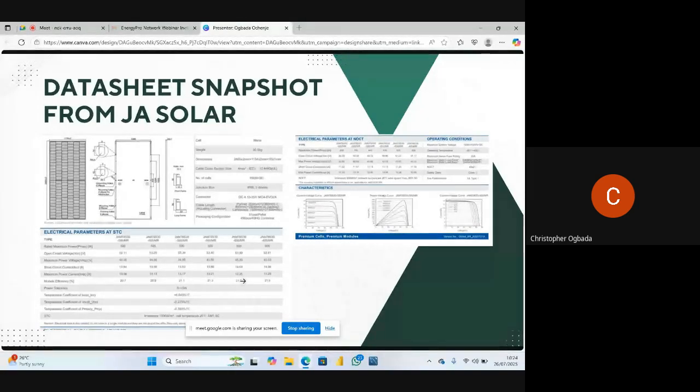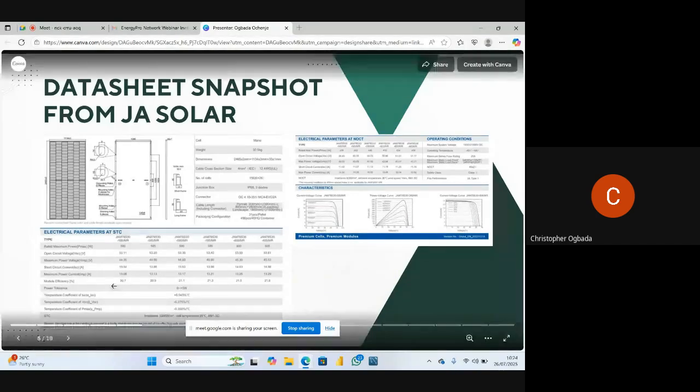That's why I said, as time permits, we will be able to go deeper into what all these parameters are and how you'll be able to accurately estimate. So this is the power tolerance, and I mentioned the temperature coefficient. Look at the temperature coefficient of the current at maximum, the short circuit current, the temperature of the VOC. You can see here now that the Pmax will reduce. Your Pmax and your VOC will reduce. That is why it is negative.